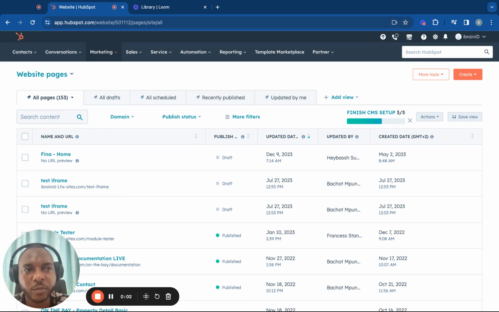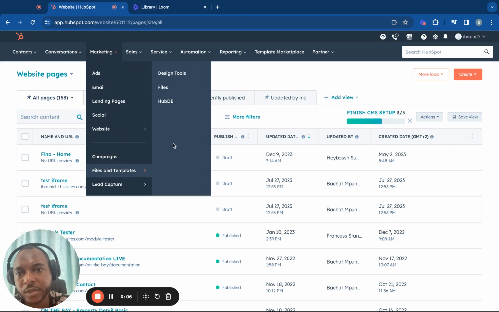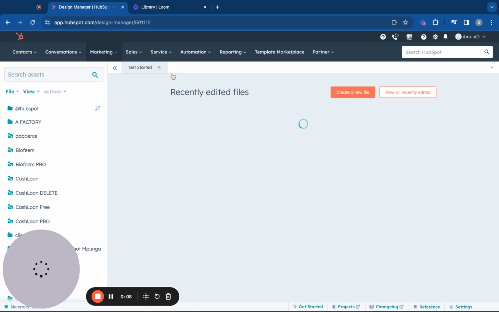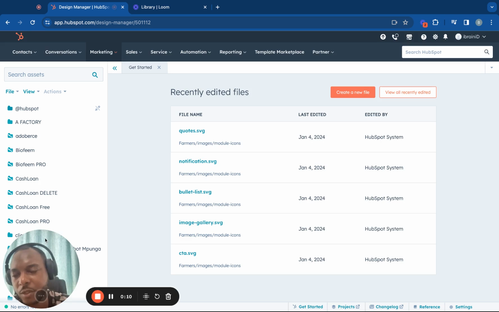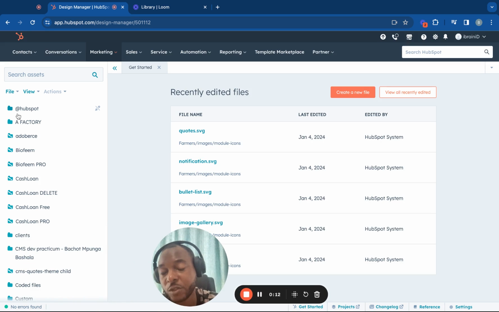Part 1, how to create a theme in HubSpot. So you go to marketing, you go to files, and then after that you go to design tools. And then you're going to need a boilerplate. So the boilerplate that you can use, the boilerplate folder to create a theme, you go to HubSpot,